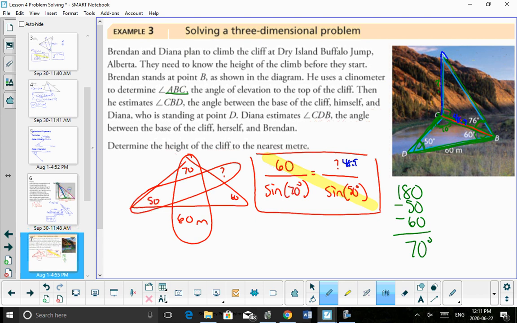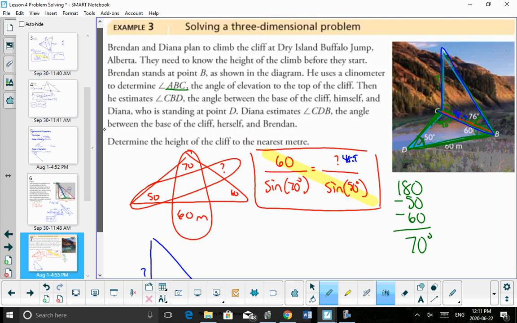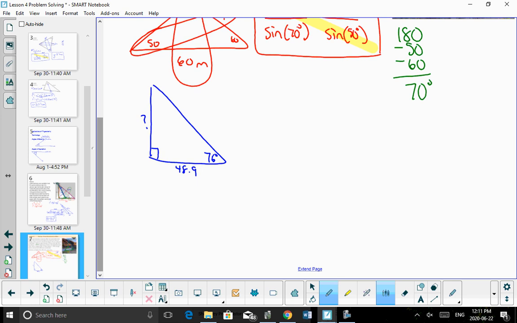Now I'm into this triangle right here, so I'm going to redraw it. This is the side I'm now looking for. I know this is 48.9. I know this is 76. You have a couple options here. Probably the easiest thing to do with this question would be to use SOHCAHTOA. I'll show you another option though. If you want to use SOHCAHTOA,